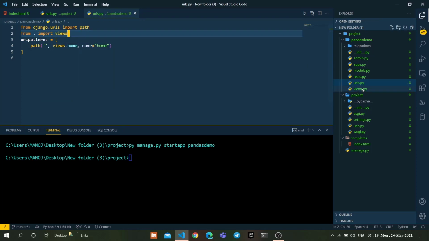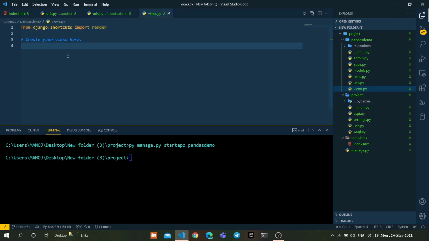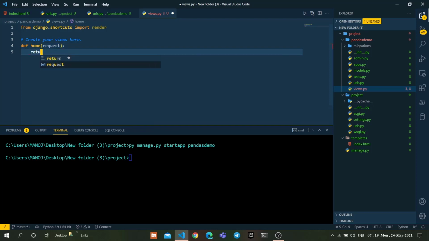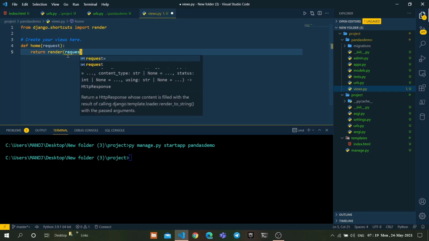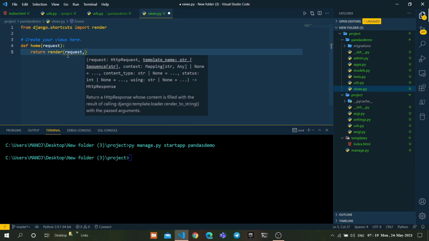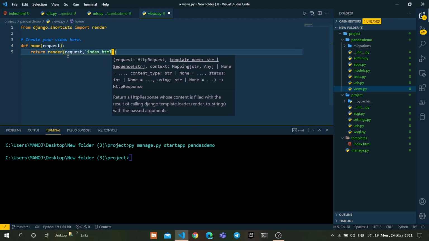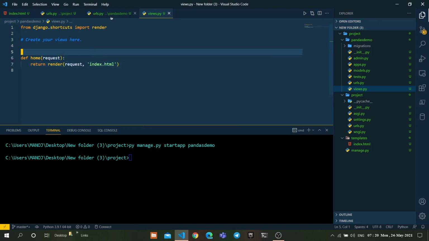Go to the views.py file in the pandasdemo app and create a view with the name home, which was previously configured in urls.py. def home(request): return render(request, index.html), which is nothing but rendering the index.html page as the home page of our Django project.